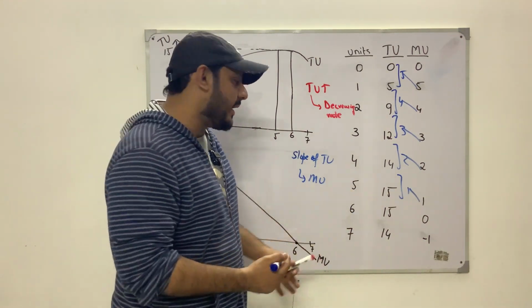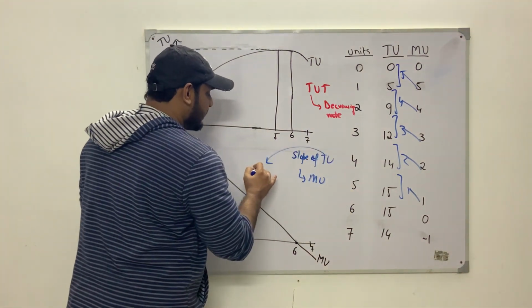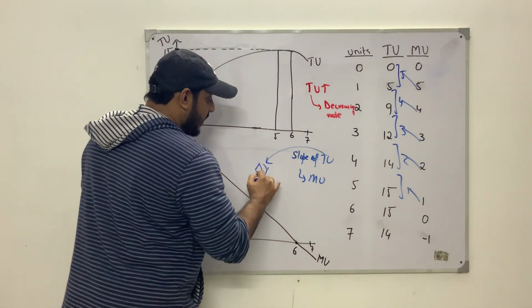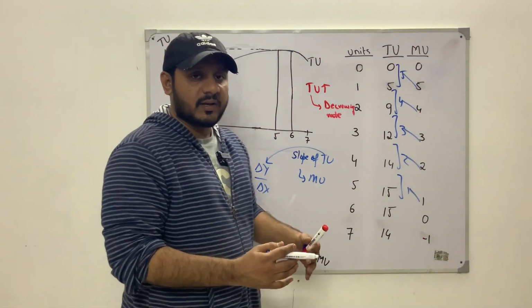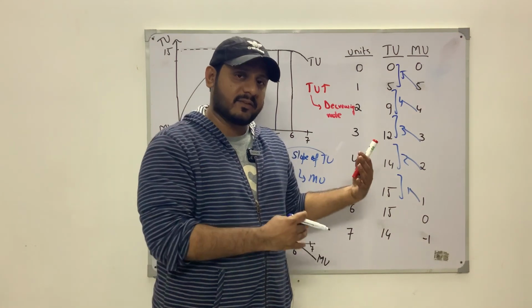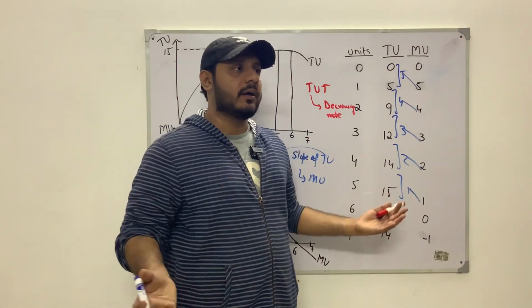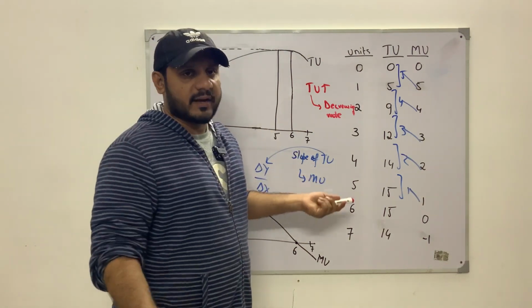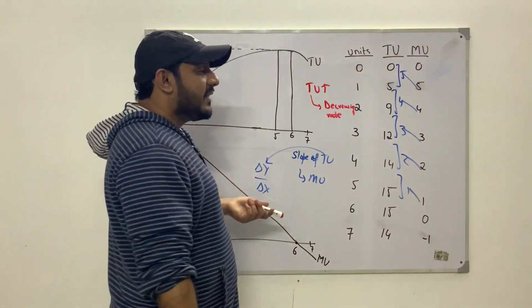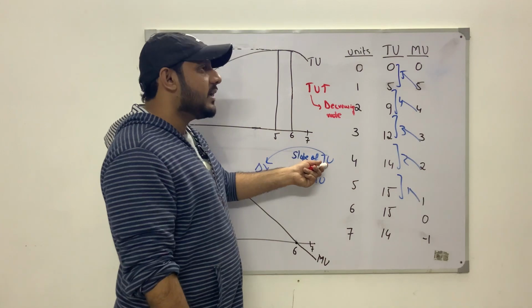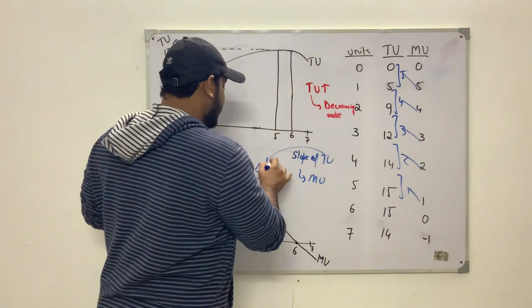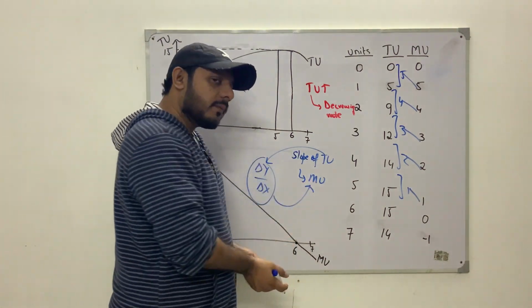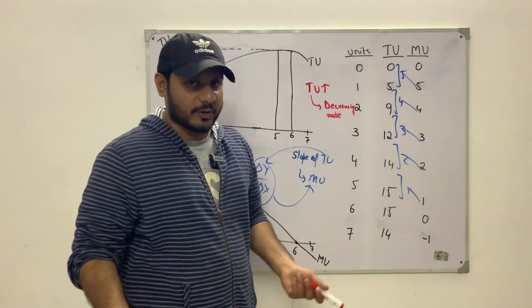We'll see that from the diagram, but we know that the slope is always calculated by change in y over change in x. That is how much there has been a change in the y-axis divided by the change in the x-axis, whatever we are measuring on the x and the y-axis. Now, guys, so basically total utility is telling us the slope, and the slope is basically equal to the marginal utility. So marginal utility is basically the slope of the total utility.